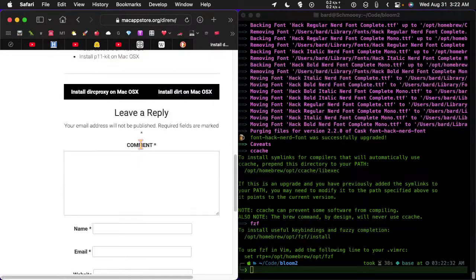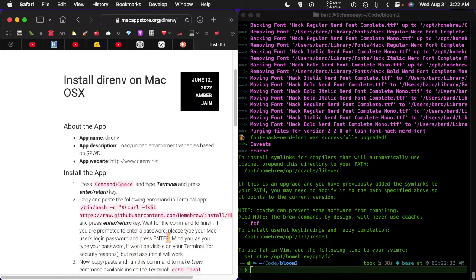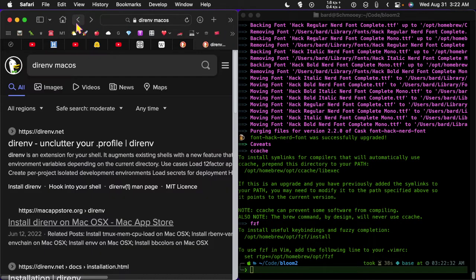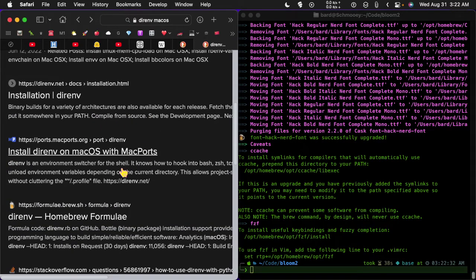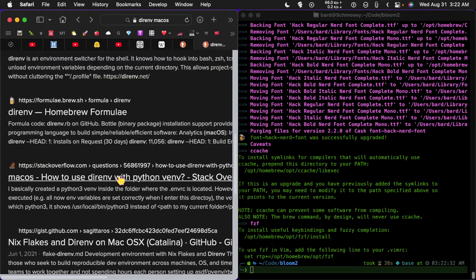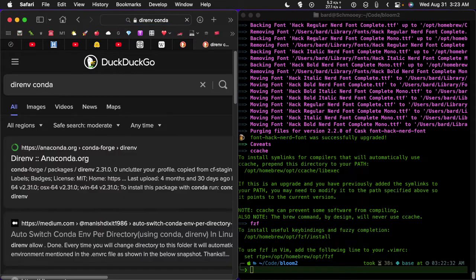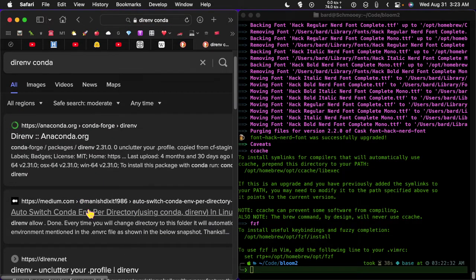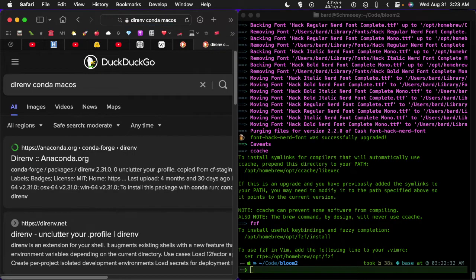Let's see what it says here. Well, it's not giving a lot of information here. Done, you can now use direnv. I think there's more to it. Let's see if we can find a better article here. Direnv and conda. Find an article for this. OS may be a little different from macOS, so